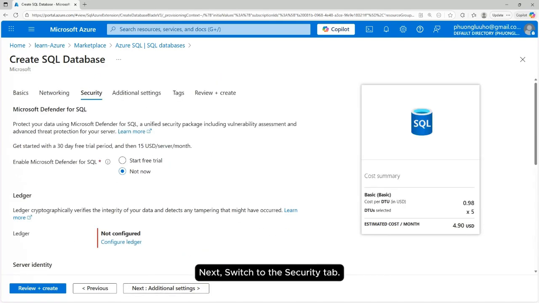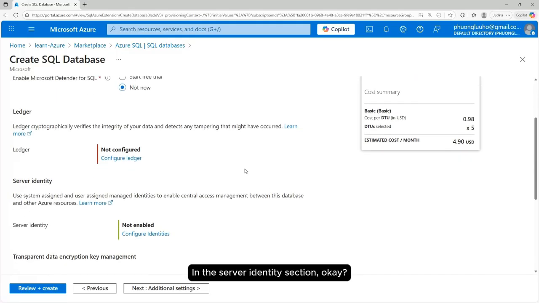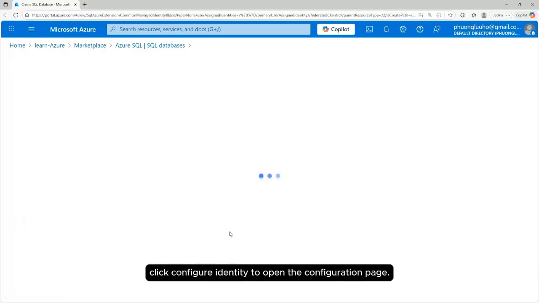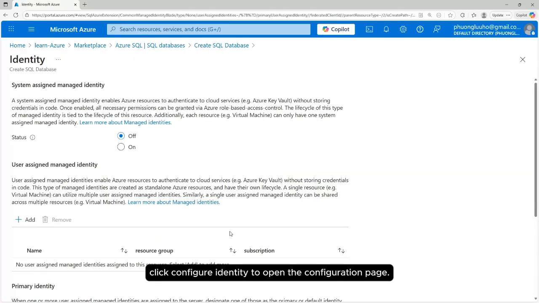Then switch to the security tab. In the server identity section, okay, you can configure advanced security. Click configure identities to open the configuration page.